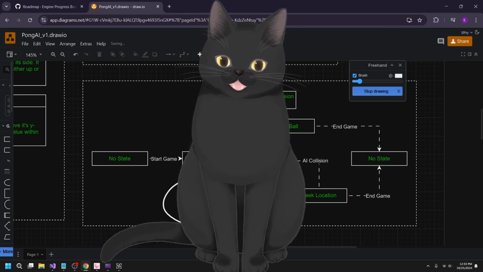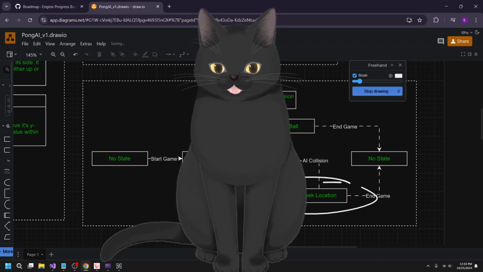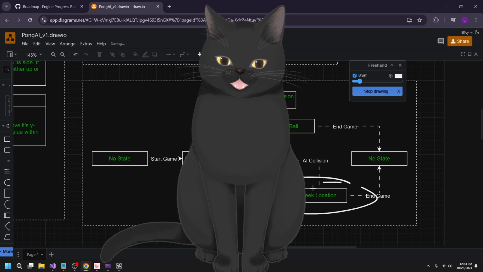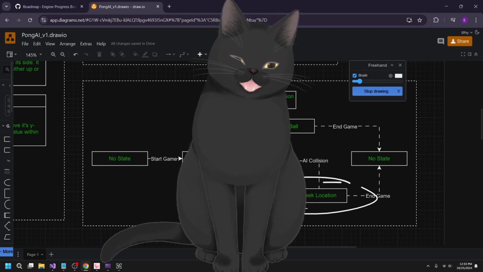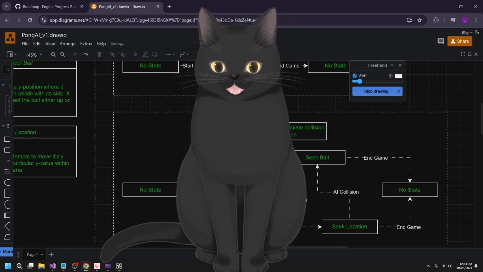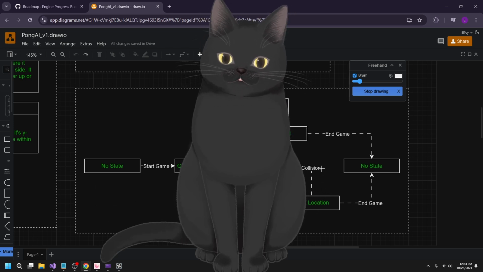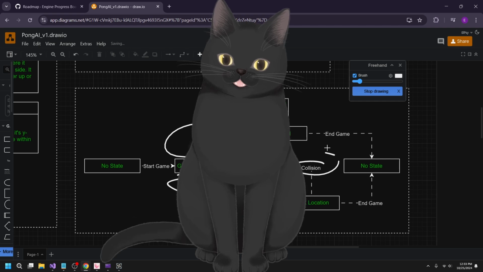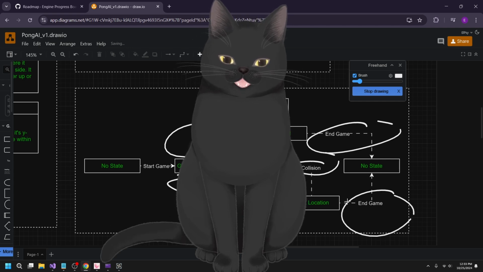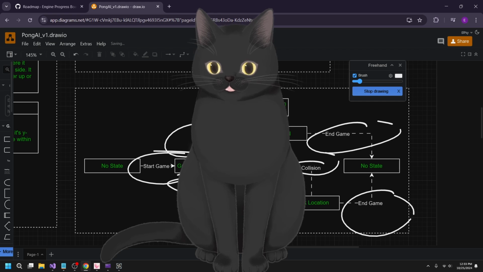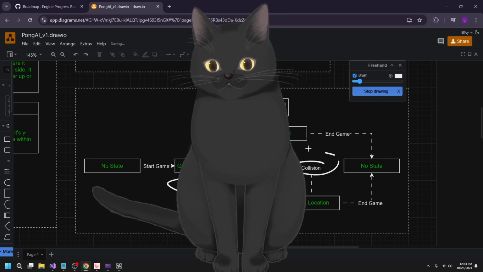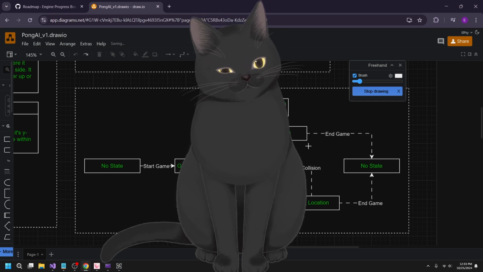Yeah, I need to calculate the predicted location of the ball when it collides with the AI's wall, and then use that location to seek towards for the paddle, right? And everything else here is just a little bit of logic for transitioning states, but you'll see in the code this actually isn't too bad. Really the only main thing that transitions between states is collisions. So all this code will just be written directly in the collision code. And again, end game is if someone wins the game, and start game is when the game starts, right? So hopefully we can get through this soon.